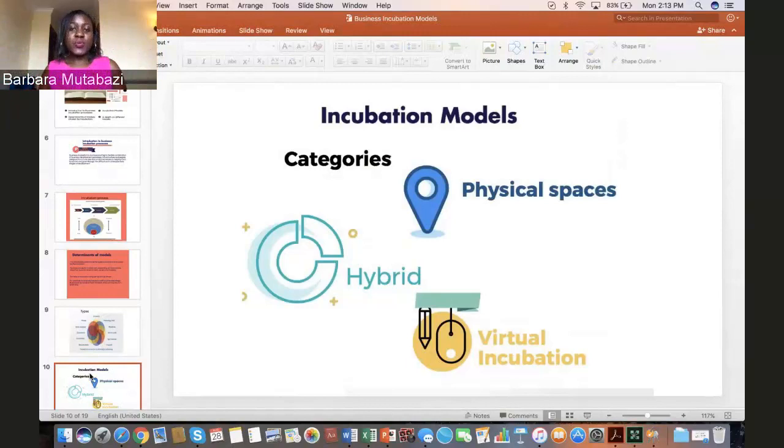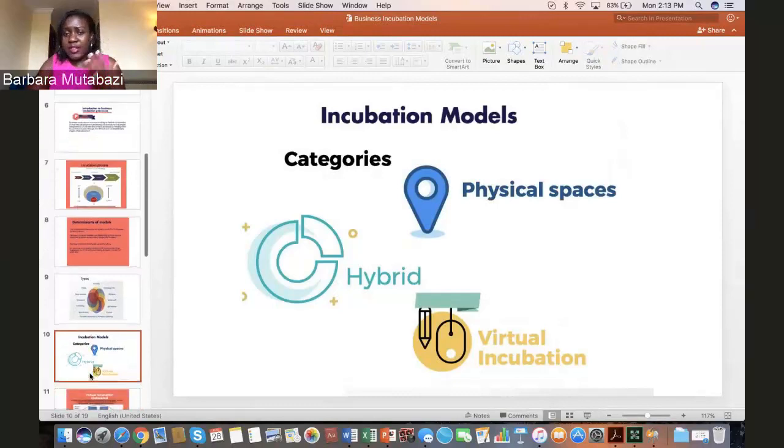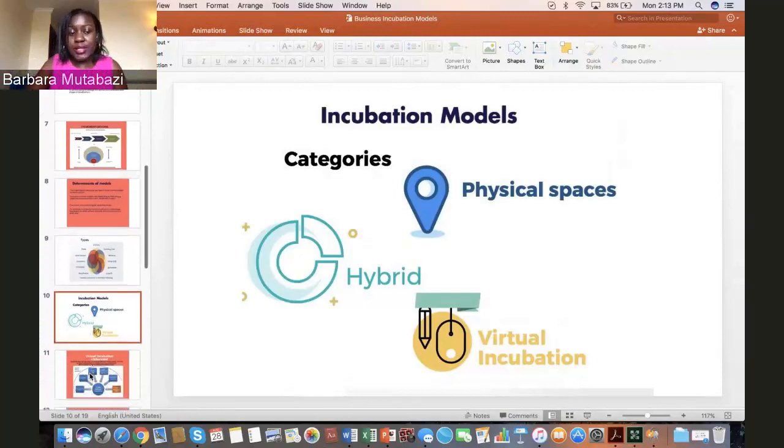And what is being adopted by many incubators now is being a hybrid. You're both a physical incubator and a virtual incubator. Hive Collab offers virtual incubation services to people who are far away and cannot come into our hub every single day, and we also have members who come every single day and work out of the space. So it's definitely up to you, given the resources you have, to determine what category of incubator you want to be.